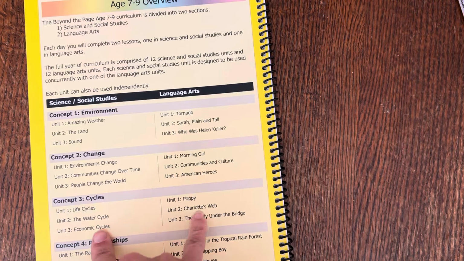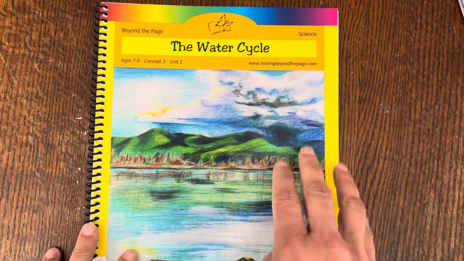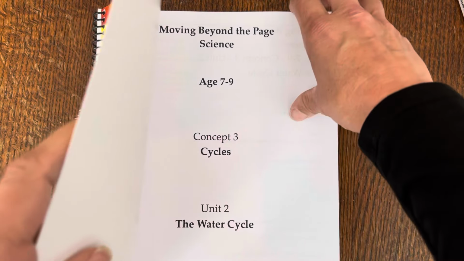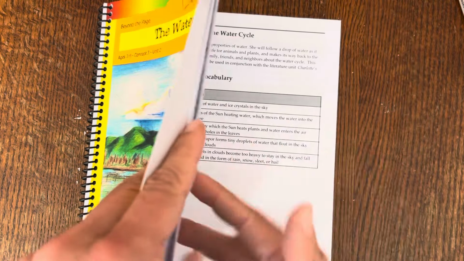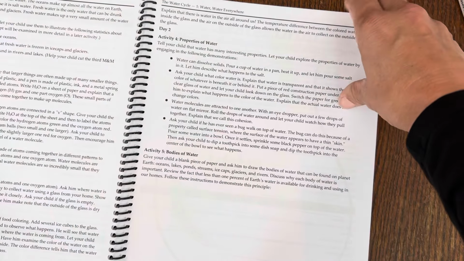And then the last one, water cycle. Let's see what it's supposed to go with. Oh, Charlotte's Web. So I skipped Charlotte's Web because we've already read that one. But I feel like the water cycle is a very prominent state standard that I always want to cover. So let's look at,